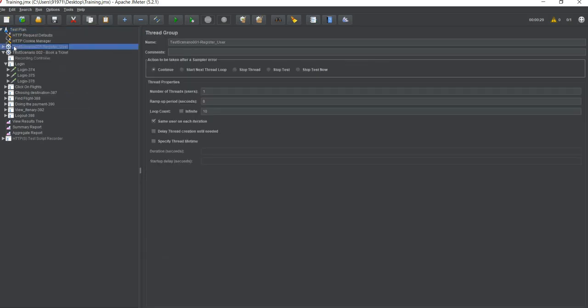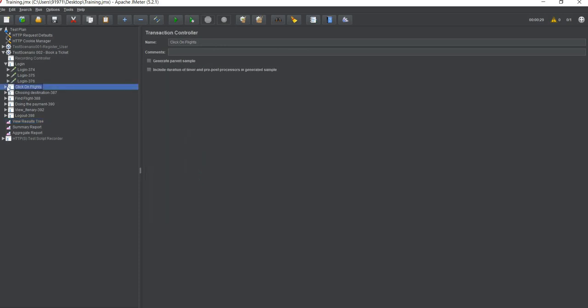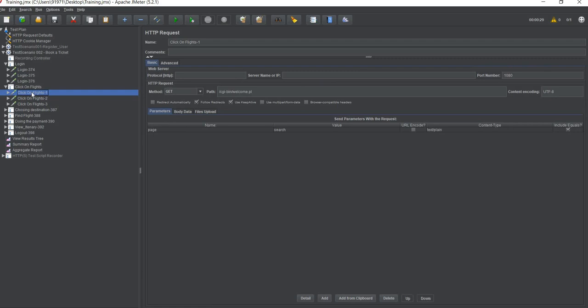So let us start to understand what the components of JMeter are. To understand it, you need to understand the basic component, which is the sampler. We will understand it this way. See the View Results Tree, and over here we have so many requests. These requests are nothing but samplers. None of the other components of your JMeter tree is in the View Results Tree other than samplers. Why is it so? It is because it is the sampler which is actually getting executed.